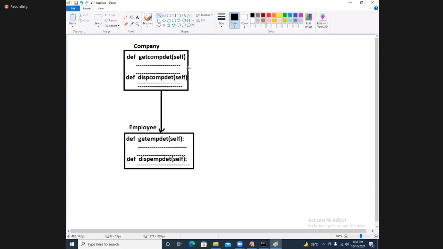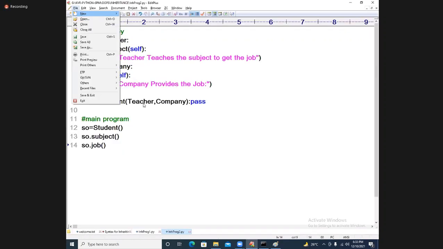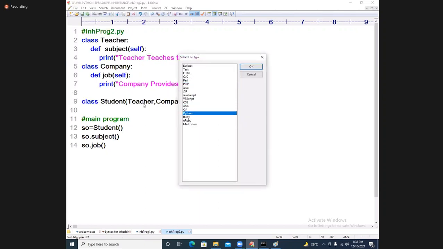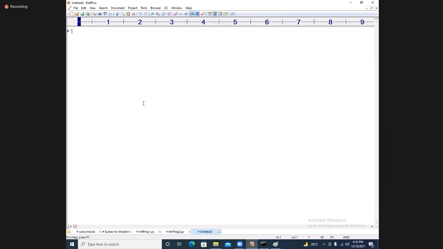So this was already developed. I want to develop something new. For developing something new, I must compulsorily apply the single inheritance concept. Shall we start this development, students? If you understand easily, you can develop bigger applications on your own. INHPROC3.py. Actually, inheritance comes along with polymorphism only.